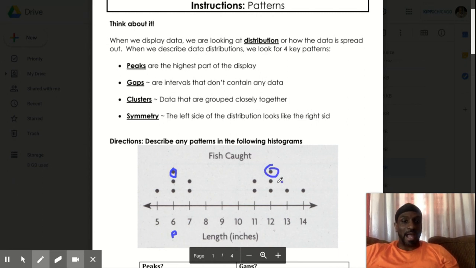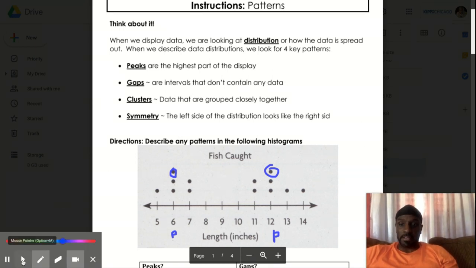So I have 3 fishes that were caught that were 12 inches. I have 3 over here. So the peaks, I would say, are at 6 and 12. Those are the highest points in my data, okay? The highest part of the display. Next,